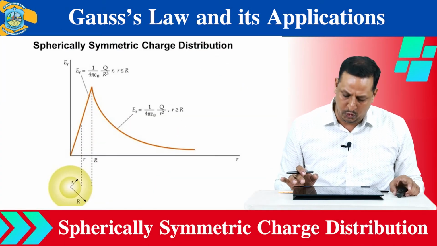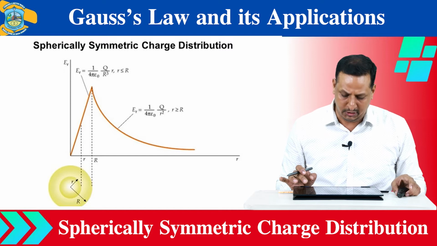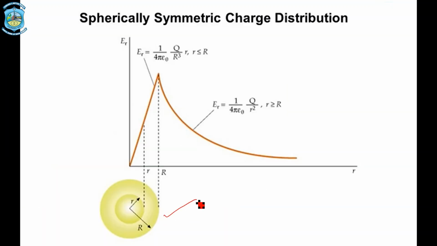Graphically, we can also analyze the strength of the electric field, here for the insulating charged sphere. When we calculate the electric field within the sphere, you can see that the electric field is increasing with increase in r. Then at a certain point, when small r equals capital R, which is the radius of the sphere, the electric field intensity starts decreasing, inversely proportional to r square. You can find it here, which we have discussed in the previous slide also.